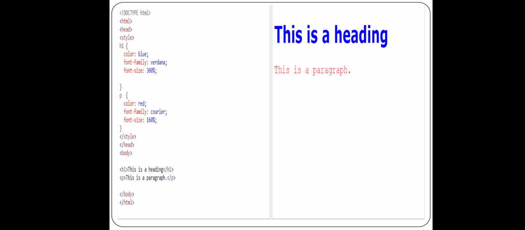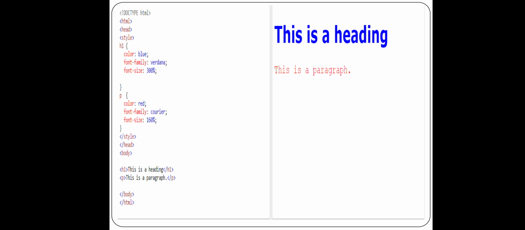Now the next code, I hope the output is visible. Again you come to the body section. In this body section again there are 2 lines: H1, this is a heading, and P tag, this is a paragraph, right? Now come to the style tag to see what styling is applied. Here you can see there are two different elements or selectors. Which ones? H1 and P.